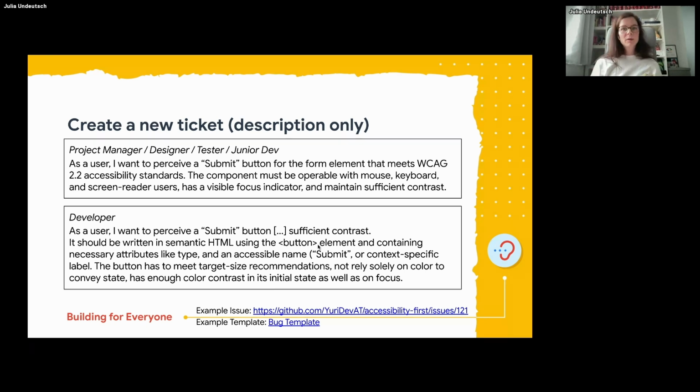So maybe the junior developer does not know about the button element, then I'm wondering why they got the job, but some people don't know. So use the button element, and a button element can and has to have certain attributes. There are more attributes, but there are simply a few attributes which every button should have, and this would be